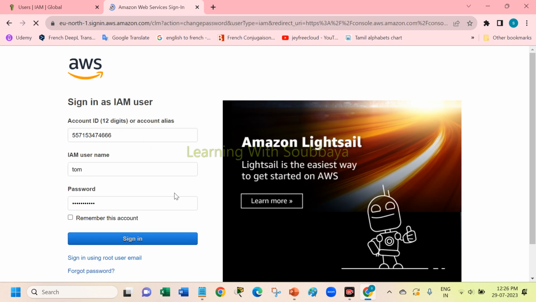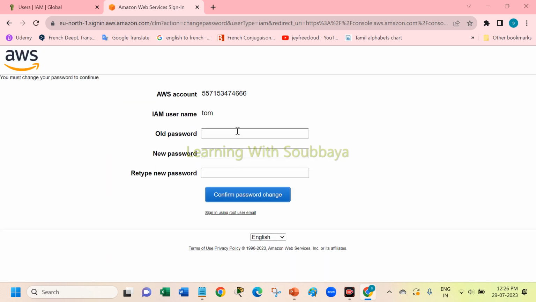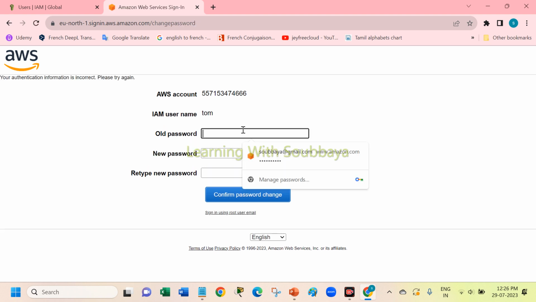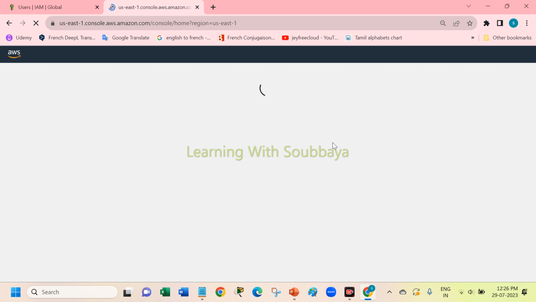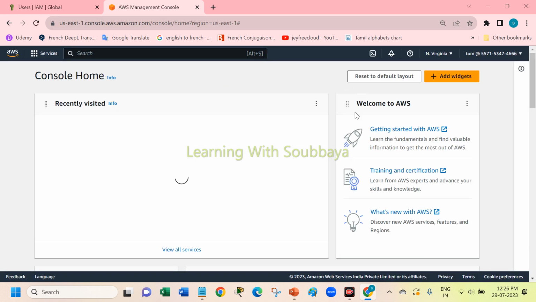Sign in. So first time they're asking for changing the password. We can set the default password and share with the user. The same password we should not provide. We have to provide a different, new password. So I am setting the new password for it. Yeah, the new password has been changed. So Tom can access the